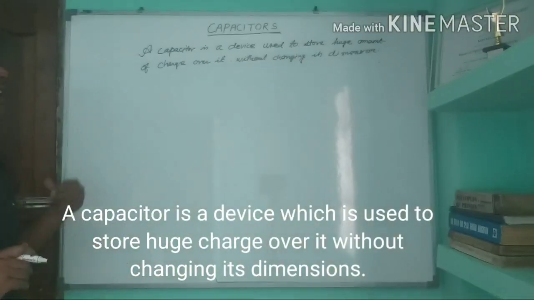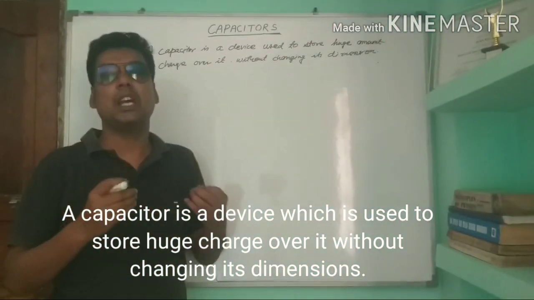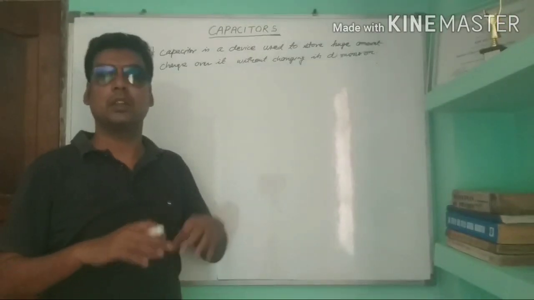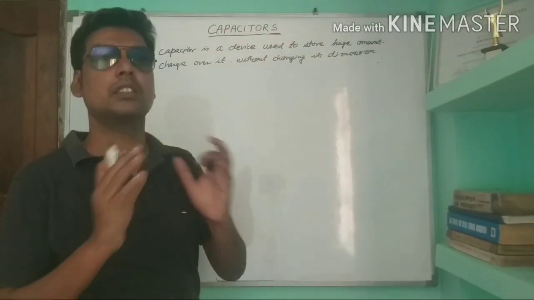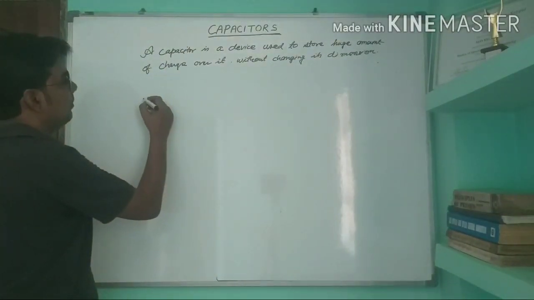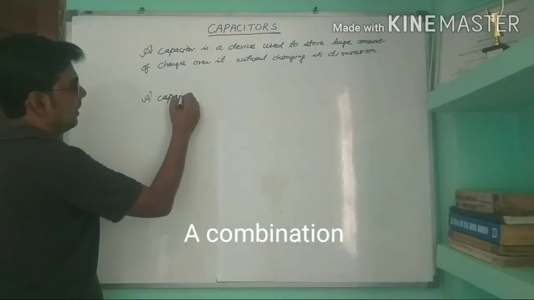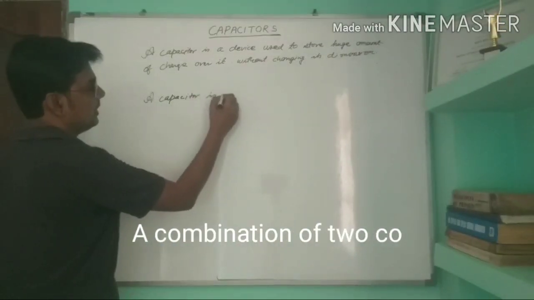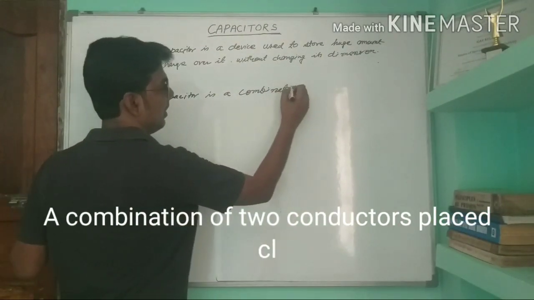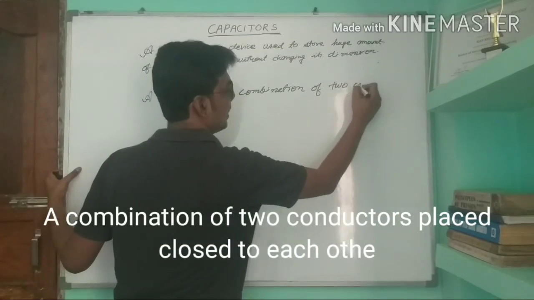A capacitor is a device used to store a huge amount of charge without changing its dimension. It stores the charge, but the size of a capacitor does not change. Actually, a capacitor is a combination of two conductors